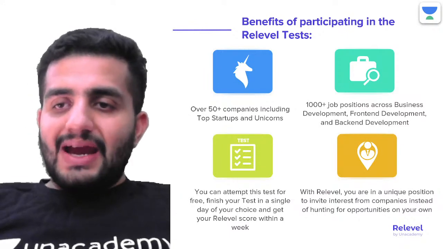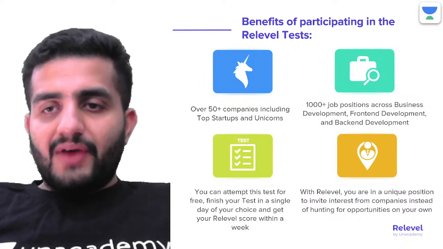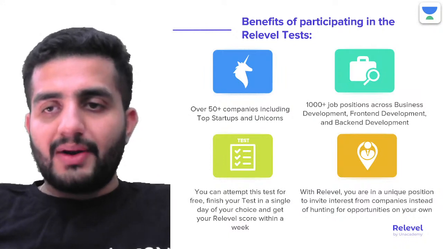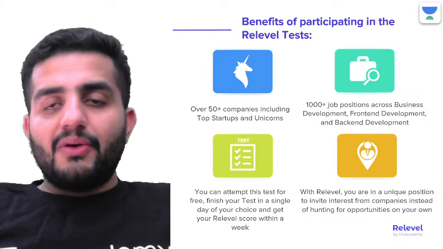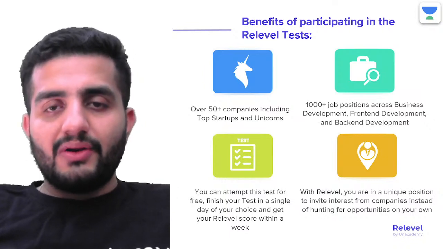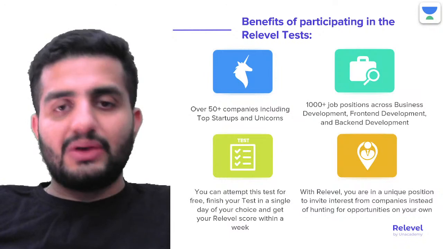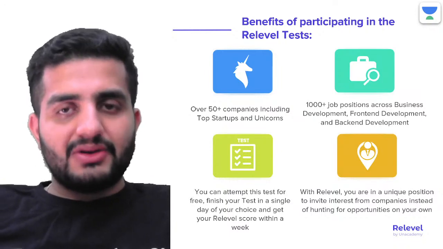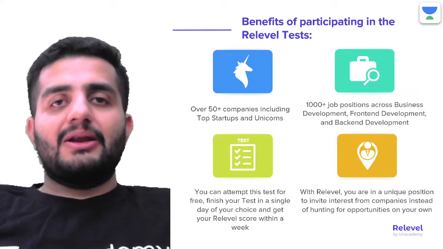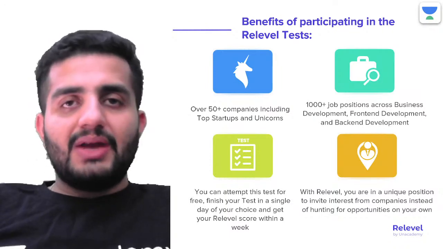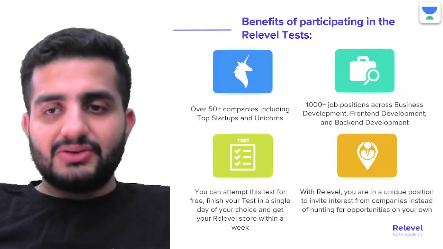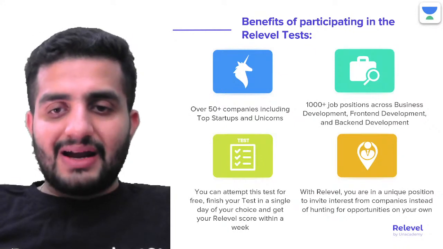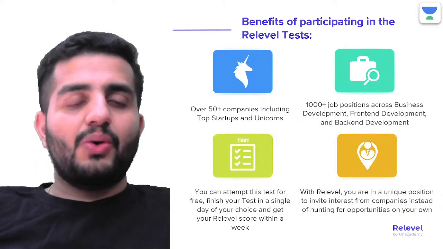And to get the Relevel profile, basically if you want to stand out from the crowd, you have to score a minimum of 700. The overall test is 4,000 marks, and the qualifying criteria is 70%, so 700 is the expected score to meet the Relevel criteria. Once you have met this score, anything on top of this is a plus. That's where you'll be standing out from the crowd. The only standout characteristic here is your score, nothing else.